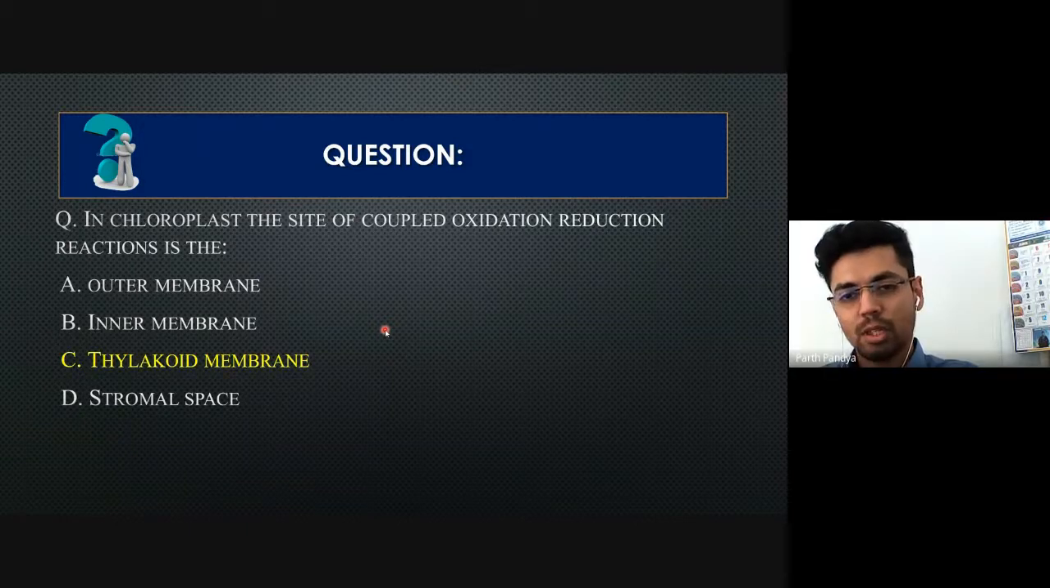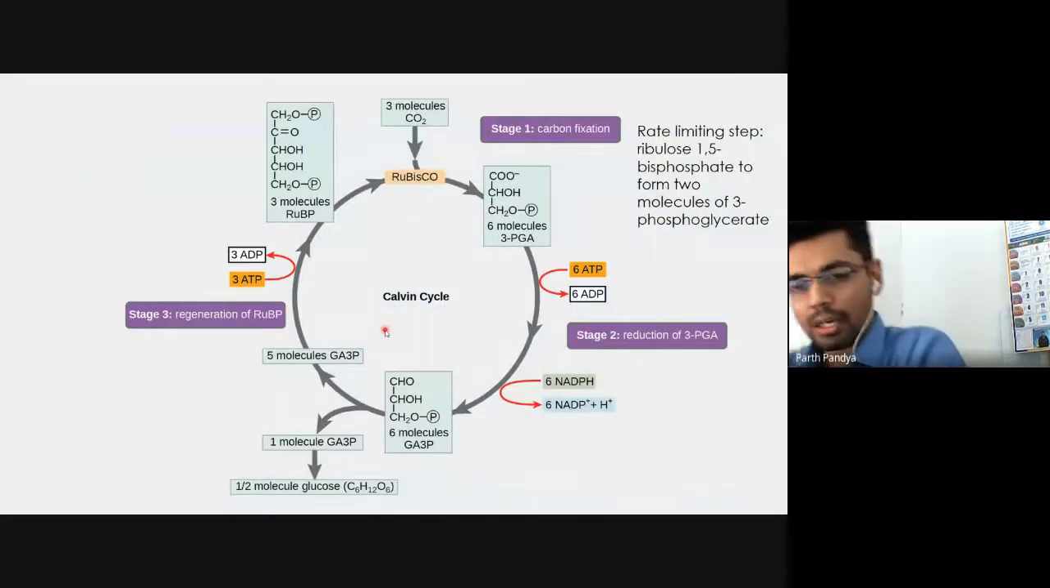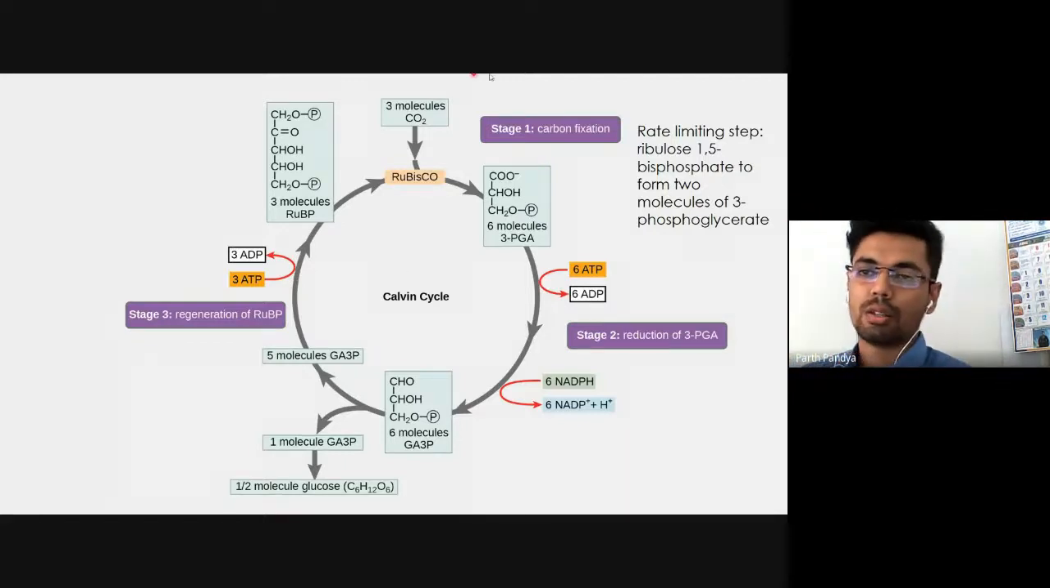Exactly. So basically, the coupled oxidation reduction reactions occur majorly in the thylakoid membrane. Right. So we have the C3 Calvin cycle. These molecules get accumulated, and it forms a structure called rubisco. So this rubisco, ribulose 1,5-bisphosphate,